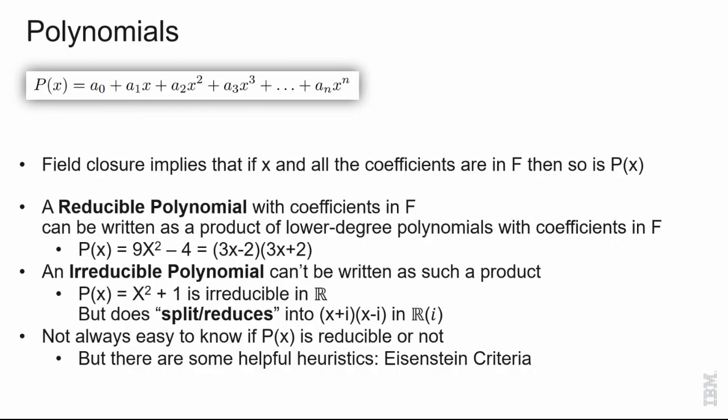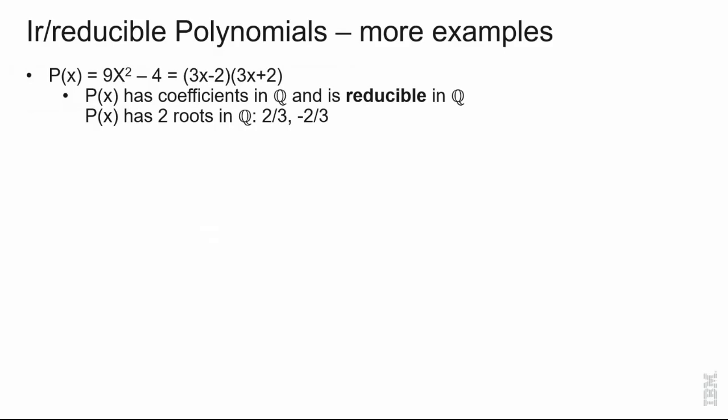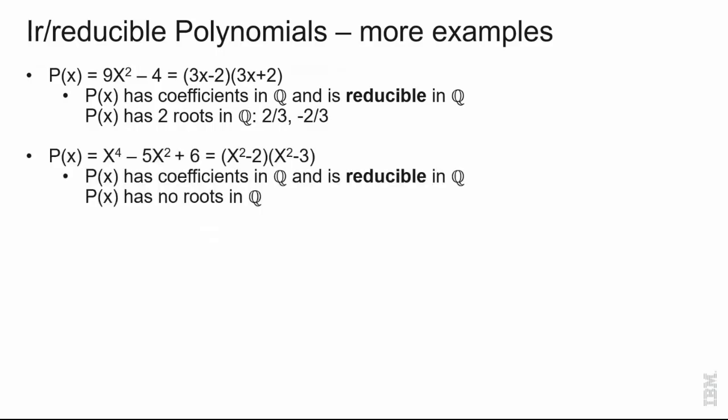Don't really care. Let's see some more examples. So we saw this example. This is a polynomial. It is reducible in Q, meaning that if you allow only coefficients in Q, you're still able to break it up. And it also has two roots in Q, 2/3 and minus 2/3. But it's not always the case. You can be reducible and not have roots. For example, this